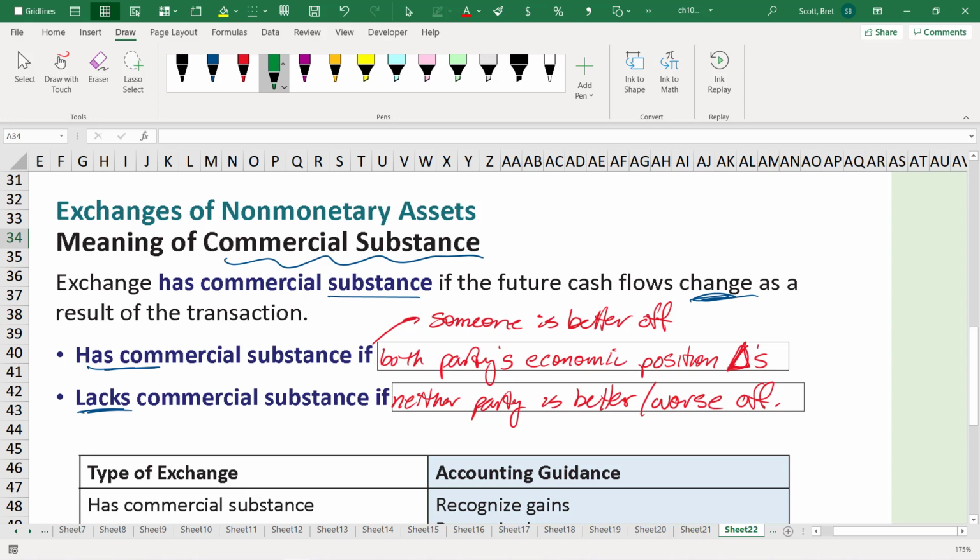If a transaction lacks commercial substance, it essentially means that we've engaged in a rather subjective valuation of assets received and assets given. If the transaction has commercial substance, the fair values are a lot more objective. They can be verified objectively. Okay? Another way of looking at this is, if a transaction lacks commercial substance, think about family exchanges